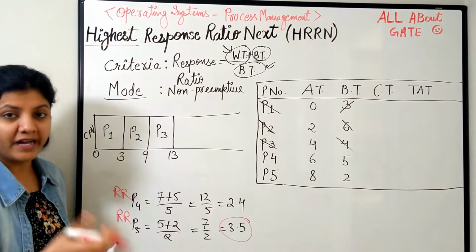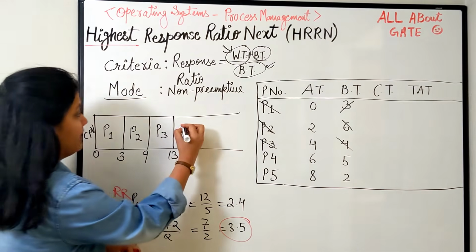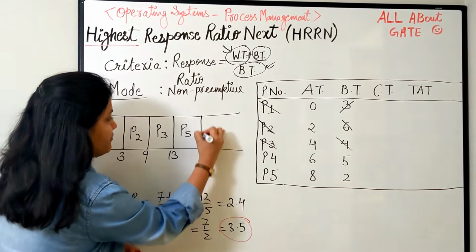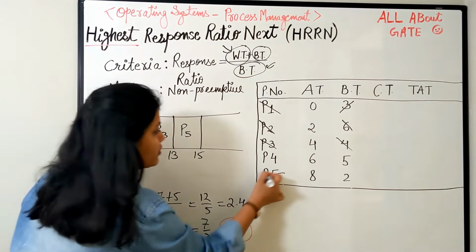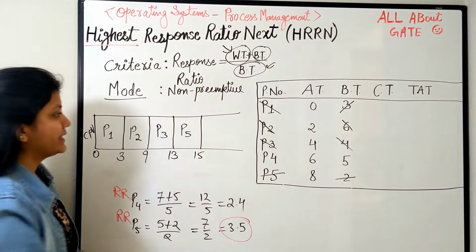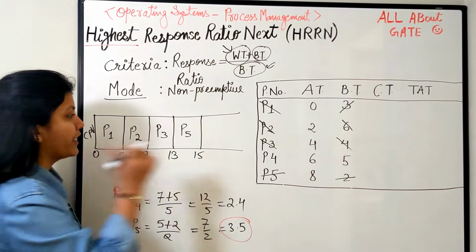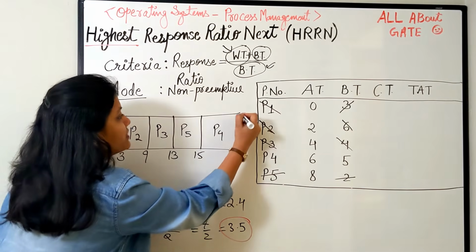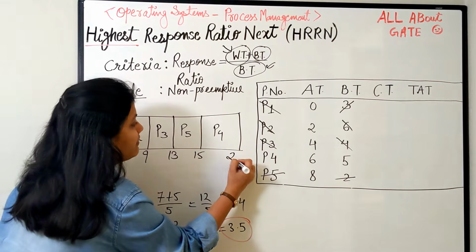So you can see easily which one is the higher. The value 3.5 is the higher, right? So what do we select? We select the process 5 and we schedule it. So process 5, what is the amount of time? 2 bursts, so 15, and so this is done. Right? Next, last, only one process left. So then again no choice, simply take up the last process who is alone, P4, and put it for the burst. 15 plus 5, 20.